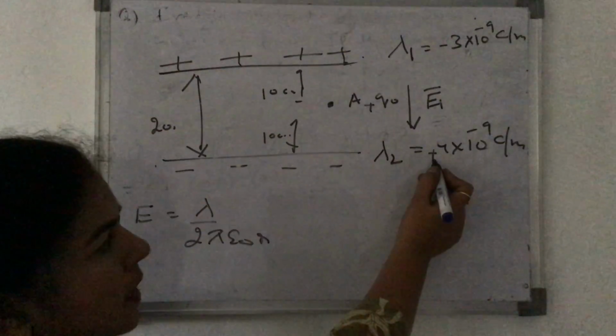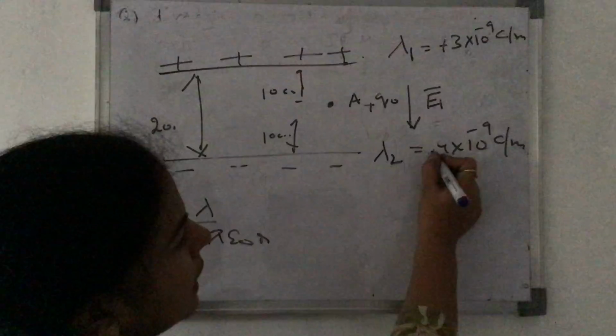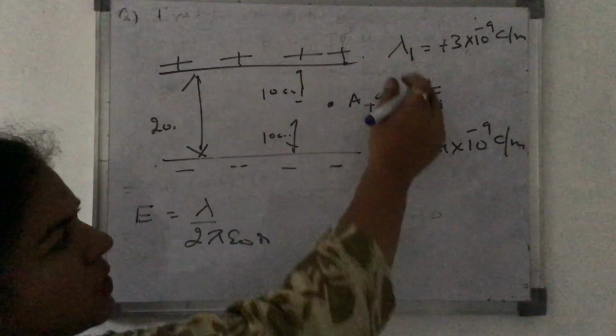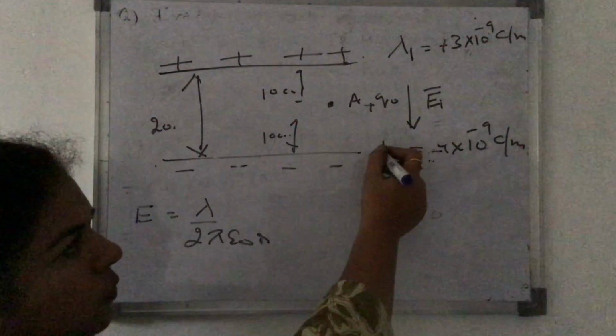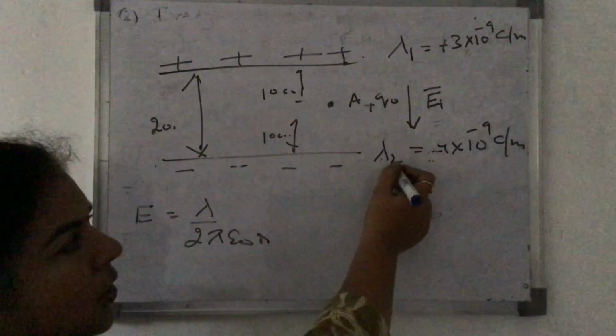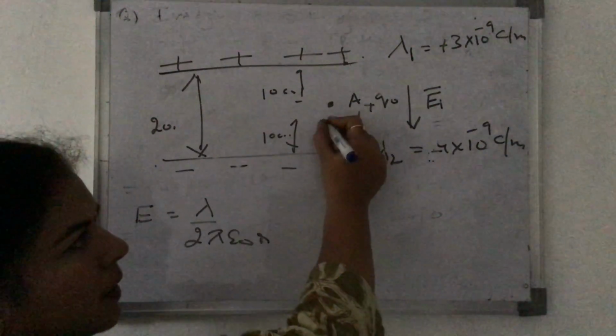Now this is a negative charge. Okay, this is positive and this is negative. Sorry, so this is positive. So positive and positive, it will be repelling over here. This is negatively charged, so what will happen? It will experience attraction because of it. That means it will again go down like this.